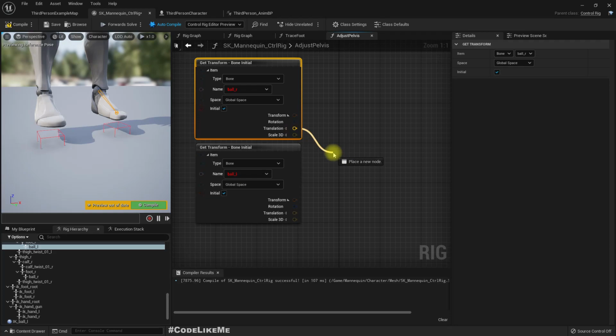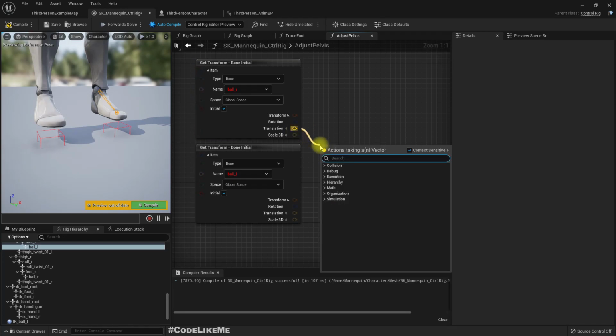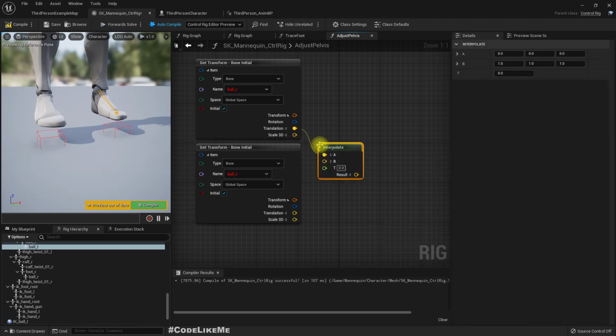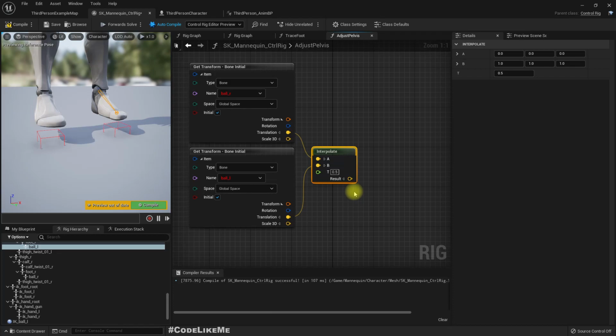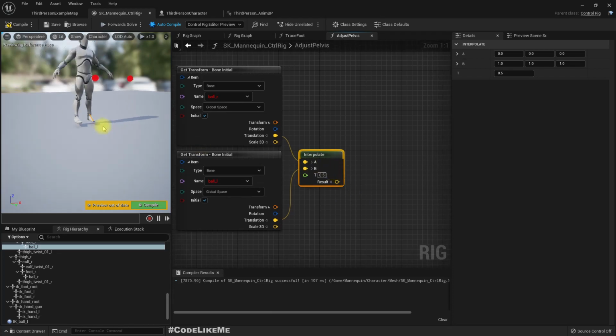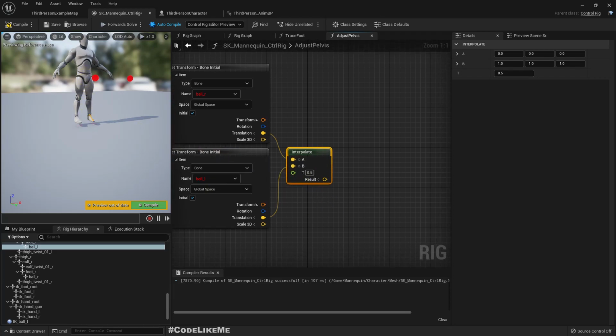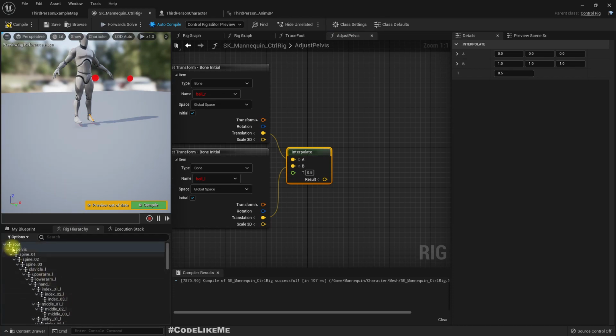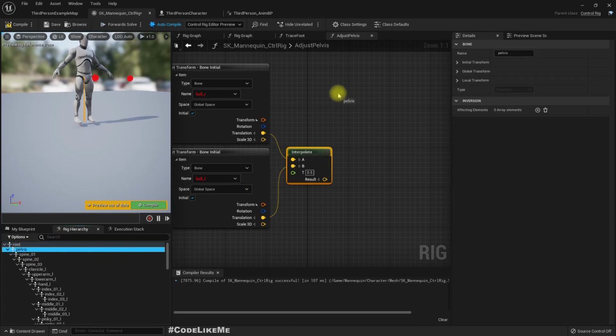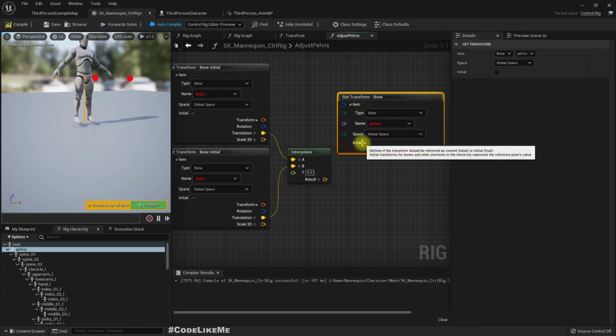So now we need to find out the middle position of these two vectors. So let's lerp these two vectors with 0.5, so we will get a middle point. Right, now I'm going to assume this is going to be directly below the pelvis. Then if I get the pelvis translation, get transform, here also it needs to be initial,